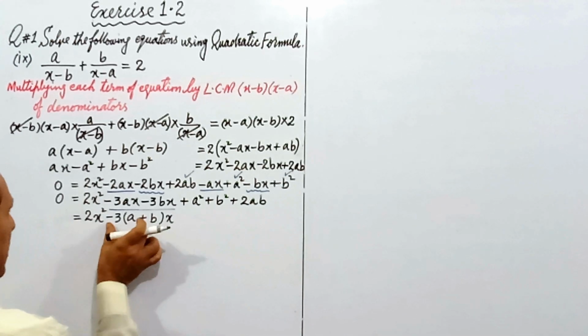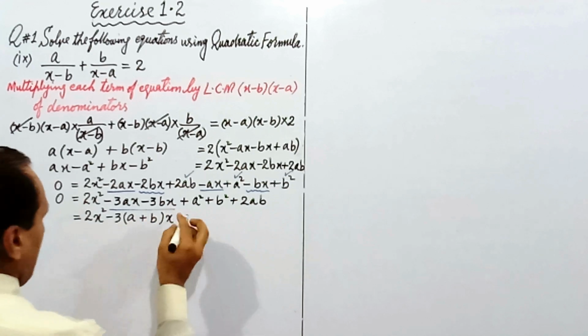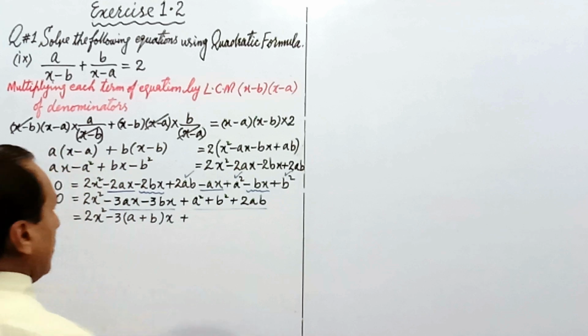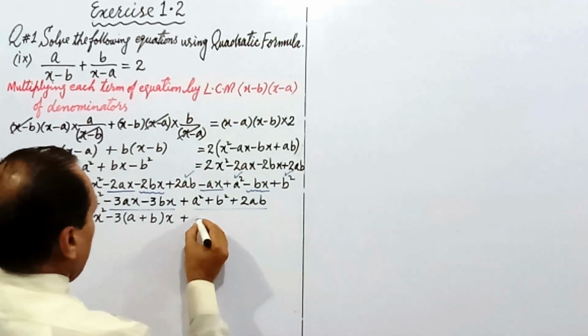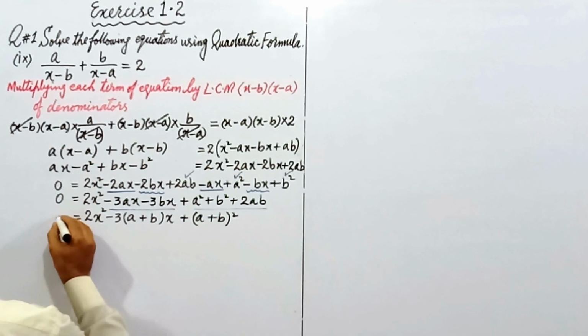So hence we take minus 3 and x common according to left and right property, plus we apply the formula on these three terms and we get a plus b whole square. In the left hand side